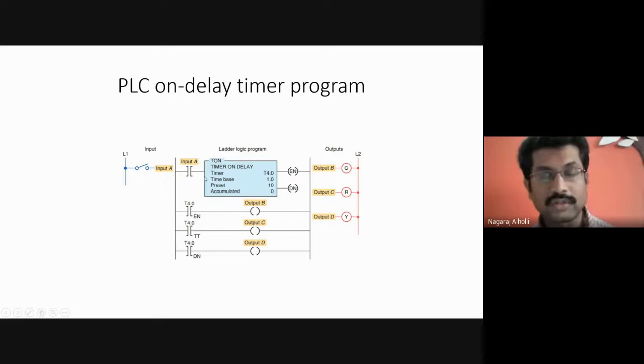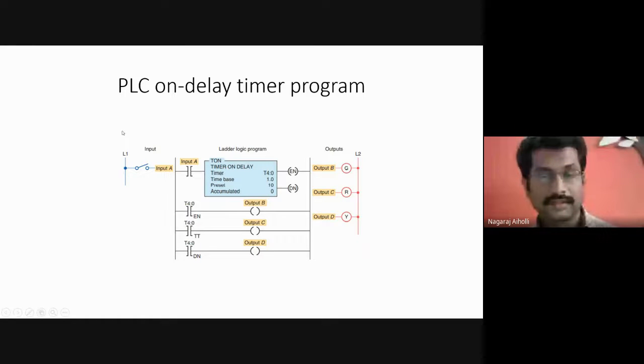The function of the on delay timer is that when the ladder rung becomes true, the timer will be turned on. That is why it is called an on delay timer. The meaning of on delay timer is if the ladder rung becomes true, then the timer will be turned on.